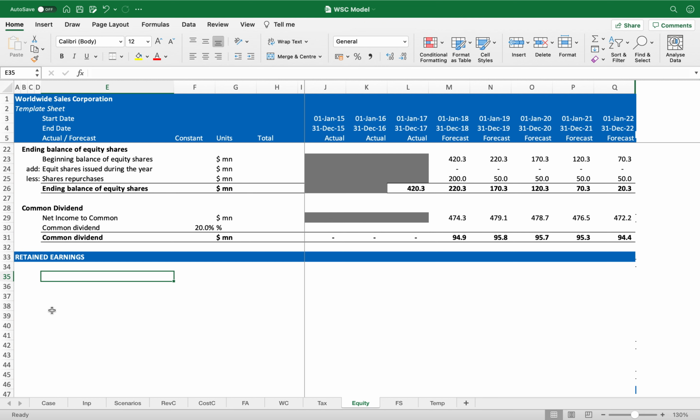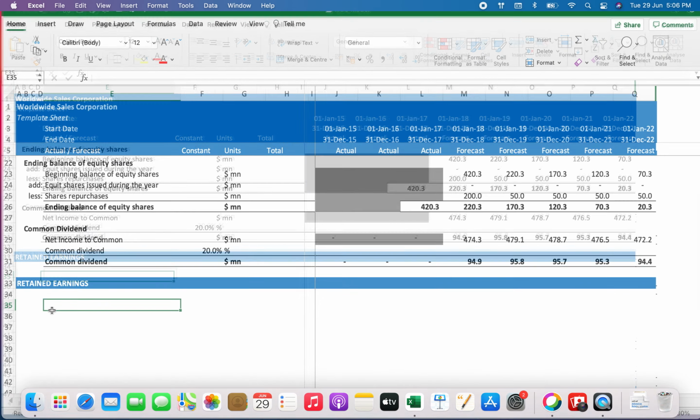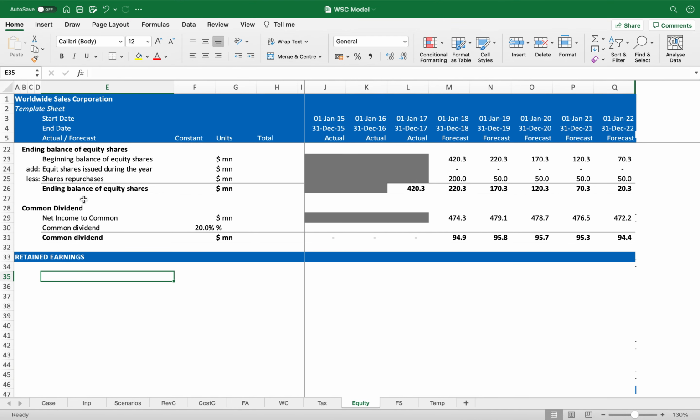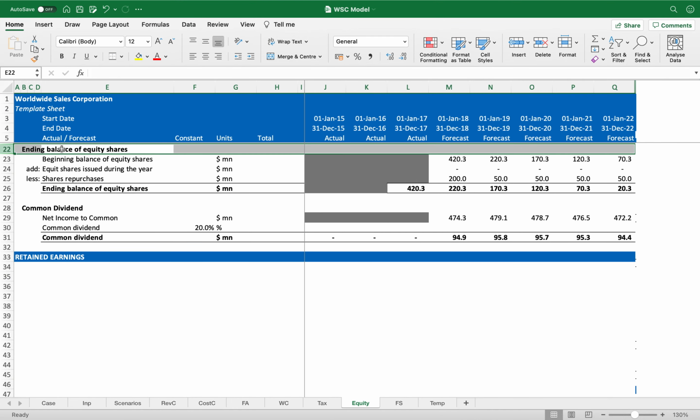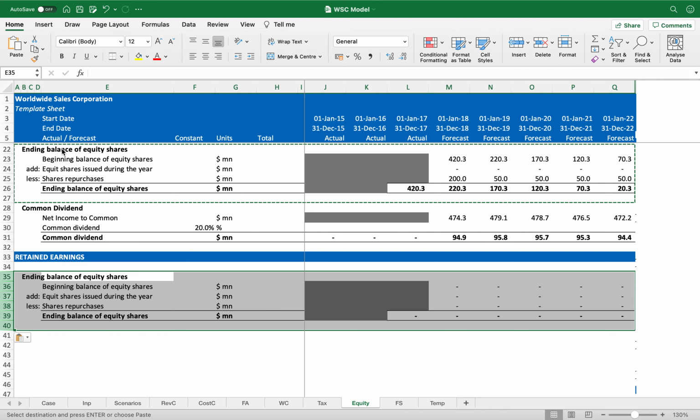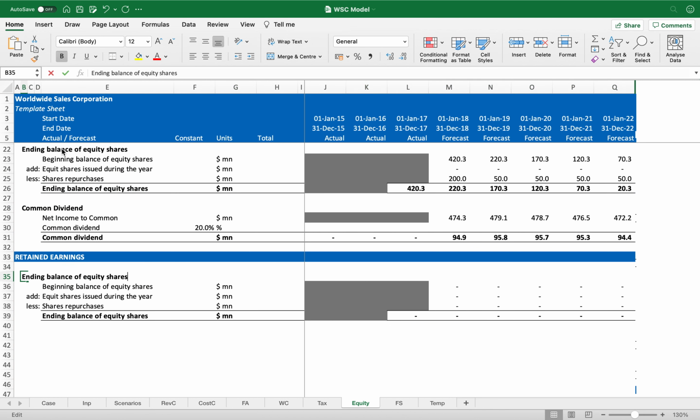So how can I compute the ending balance of retained earnings? Same schedule. So let me just copy this schedule from here, and I'll just change the wordings. Okay, so this will become ending balance of retained earnings, beginning balance of retained earnings,